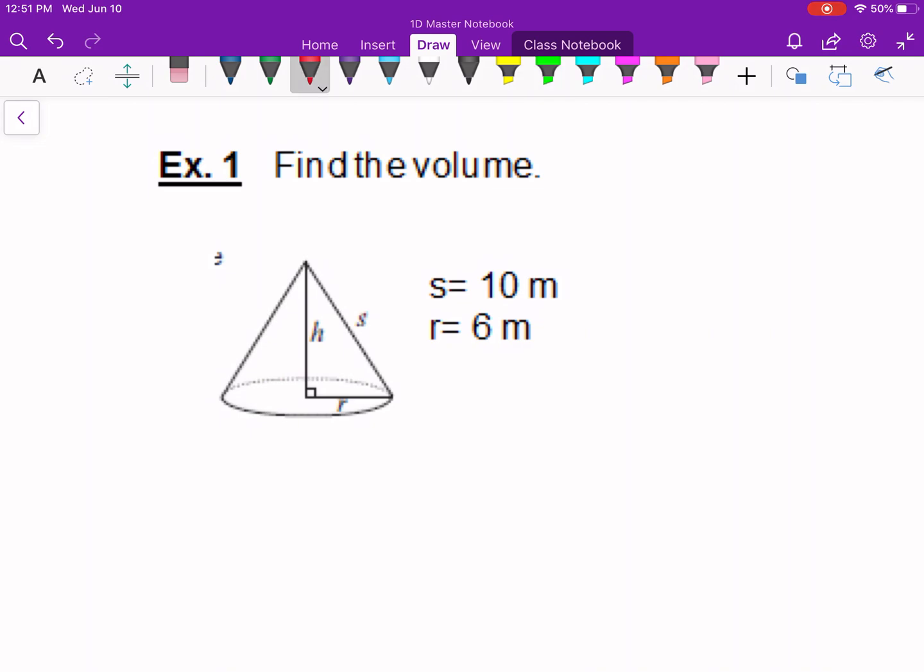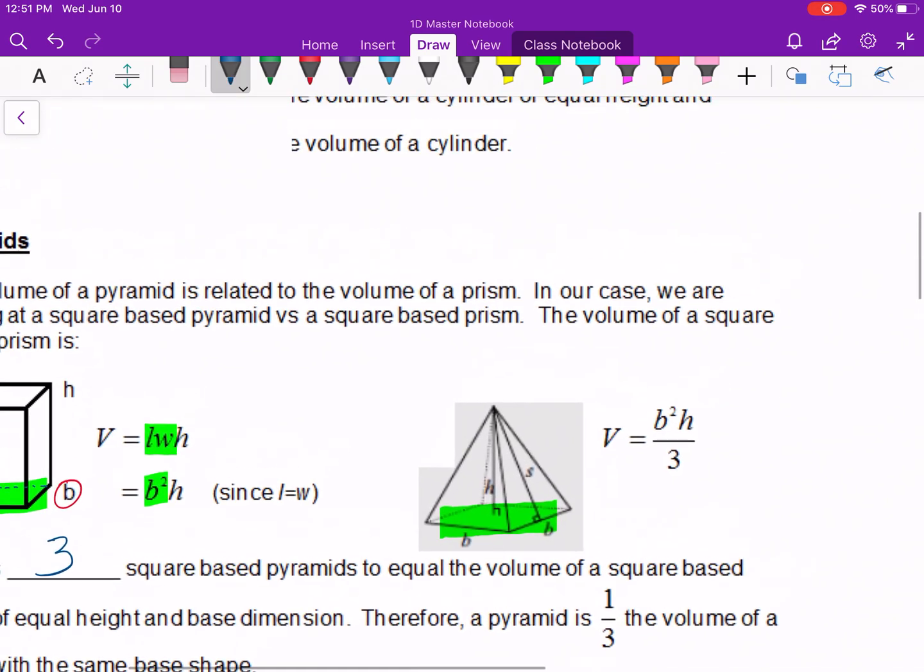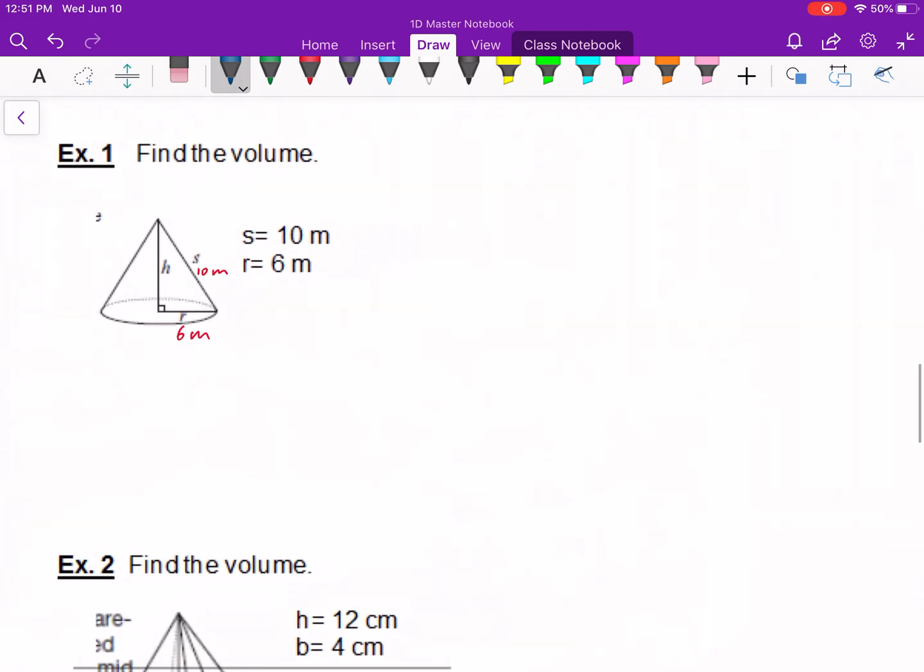R is the radius, right? So that's 6 meters. I'm going to put that there. They've given us this, which is 10 meters. That's not part of the formula. If you go back and look at the formula here, it was pi r squared h divided by 3. Whenever you're working with formulas, it's good to write them down again. Pi r squared h divided by 3. That's volume. So we've got our r,